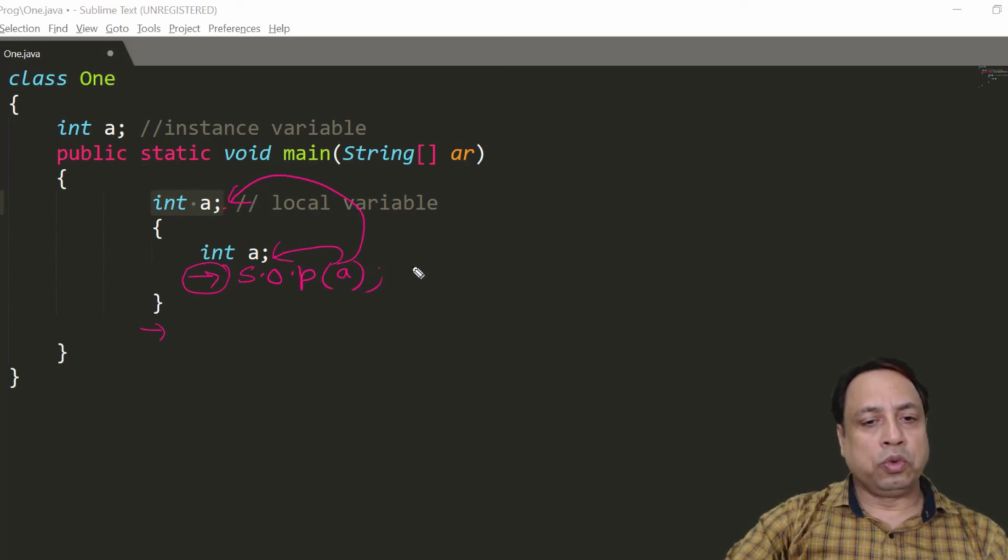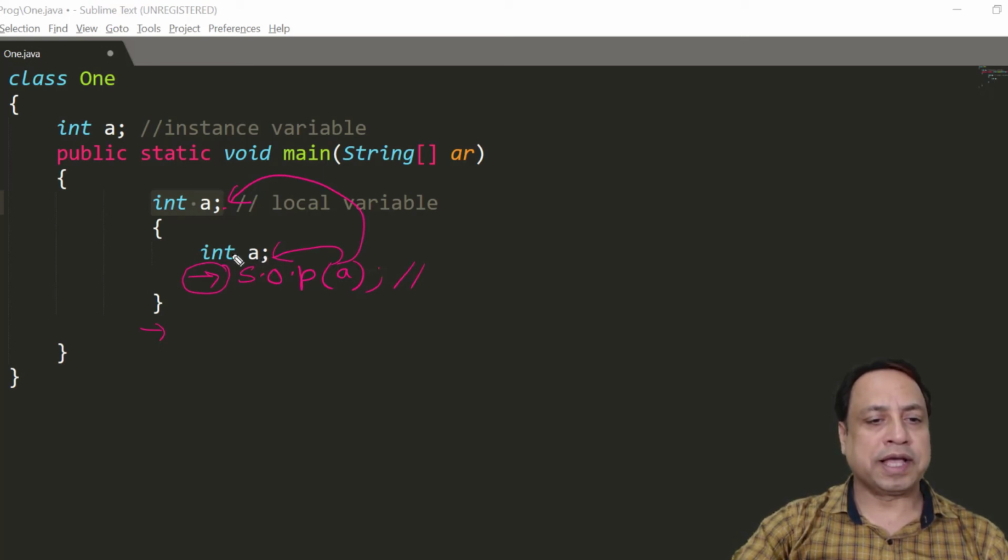So we must follow a rule that a variable is localized. A localized variable means the priority is given to the nearest scope variable. So anytime I access any variable within this scope, it will always access the variable with the innermost scope. So this definition actually overrides this one. So this is how a variable is declared and used.